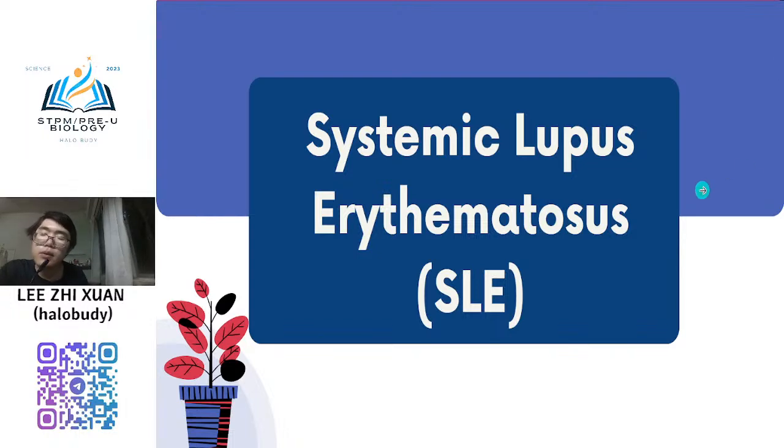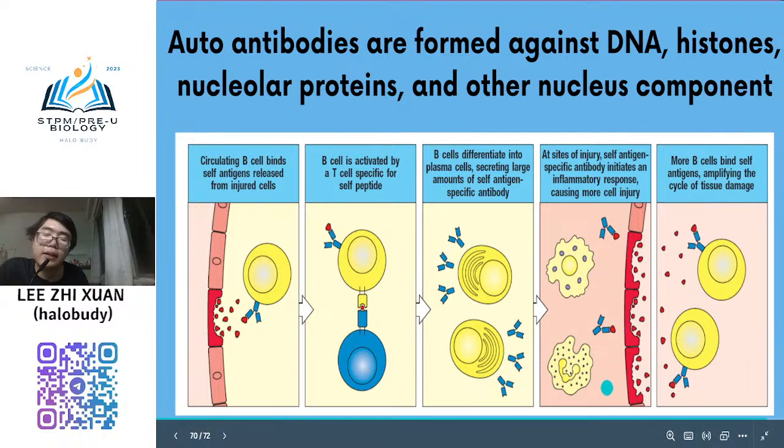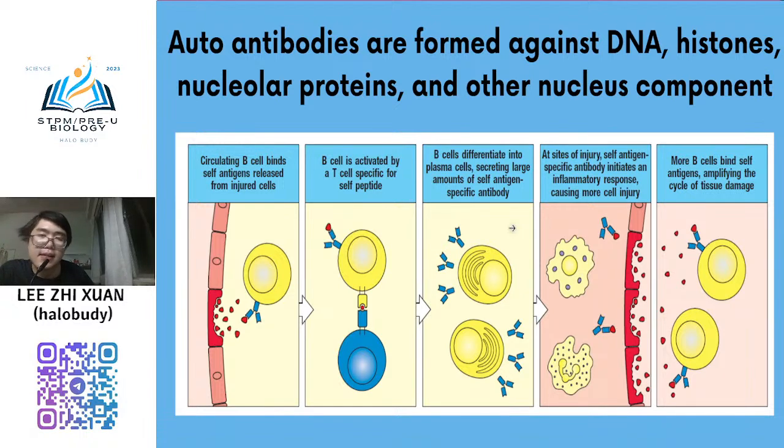Okay. So this is the general mechanism of how your immune cell attacks your own tissue. It affects your entire body. This disease involves your antibody. The antibody should normally protect you. But now autoantibodies are formed. Autoantibody means this antibody will attack self antigen. It will directly attack yourself.